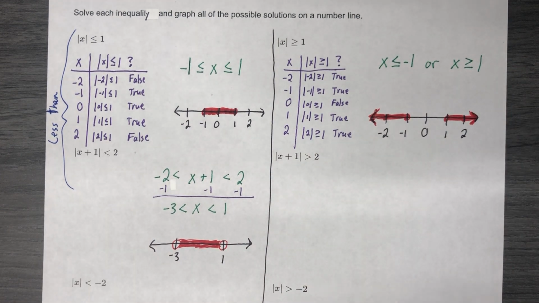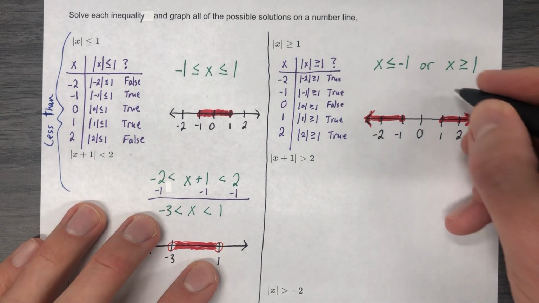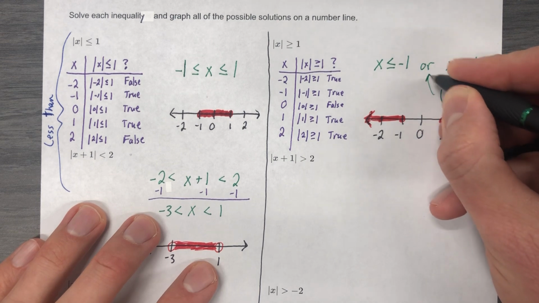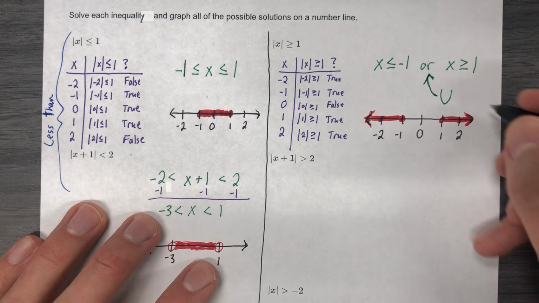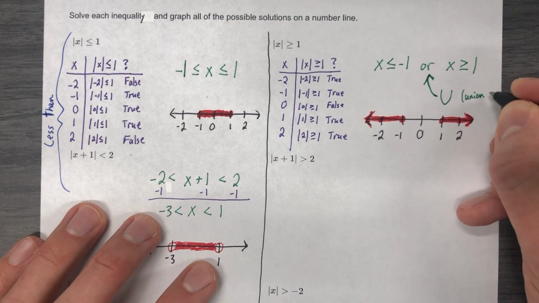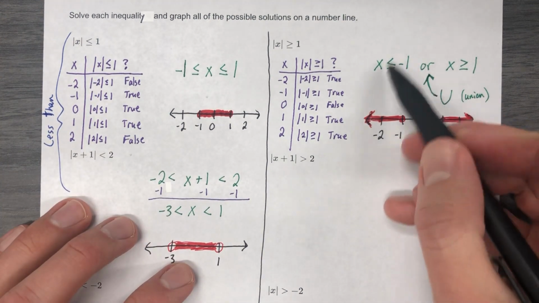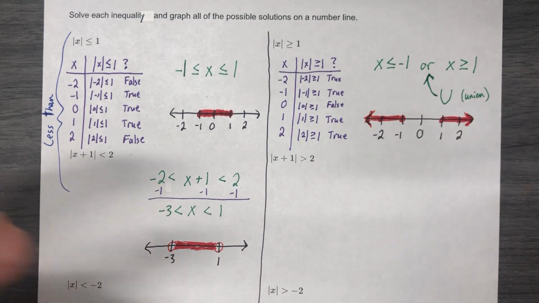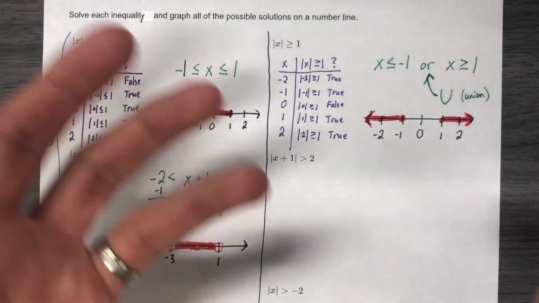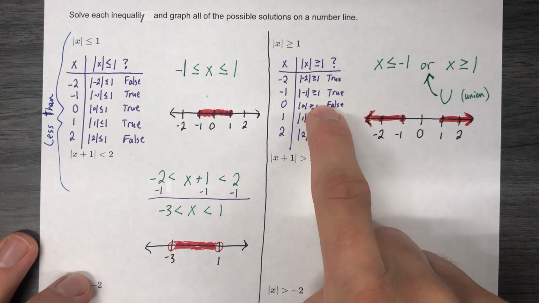Also, let's get even more technical. There is a mathematical symbol for or, and I just want to introduce you to it. It's this. So you could use this symbol. So when you're doing your work online, I think you'll have the option of using or this. And this symbol means union, which is basically the union of, like combining together, everything that could be in this solution set along with everything that could be in this solution set. And I'm going to put them together and just treat it as I could choose from this or that. Okay? All right, so keeping that in mind, we're going to do this one the same way we did this one